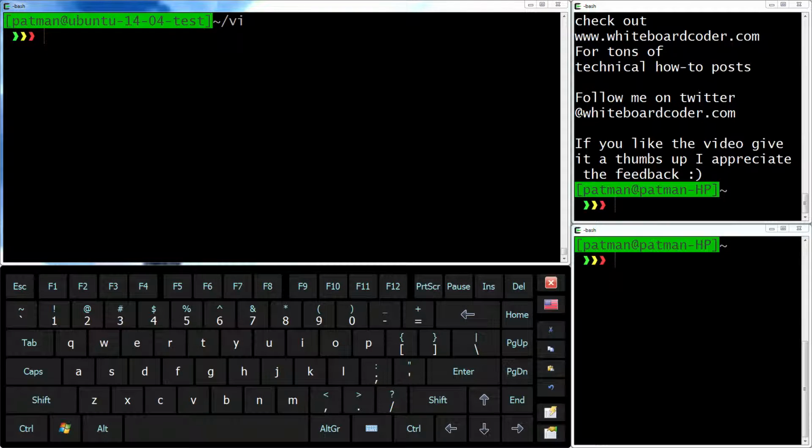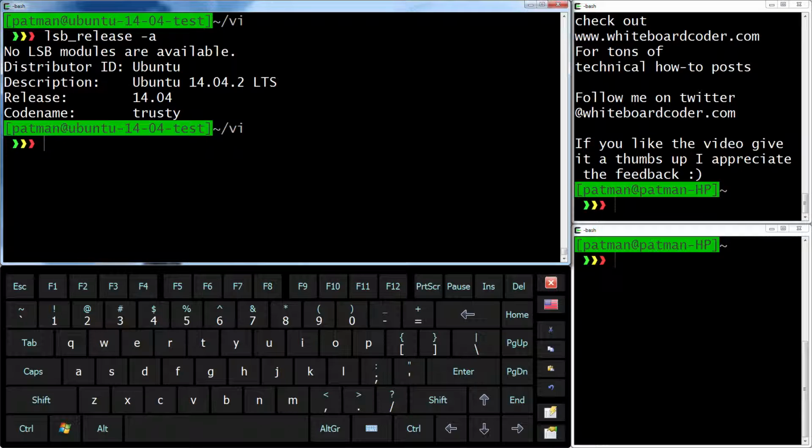Today is July 26, 2015, and this is my first video showing 5 handy things you can do in Vi. First, I'm going to show you what environment I'm in, just in case there are a few different versions of Vi out there, but most of what I'm going to do is very typical. I'm in Ubuntu 14.04,